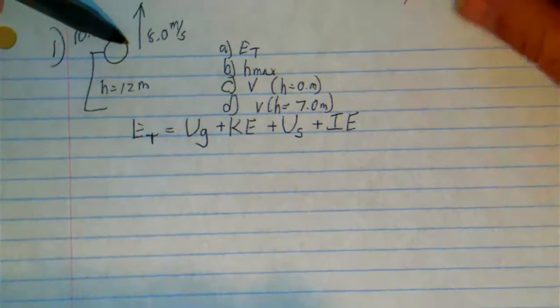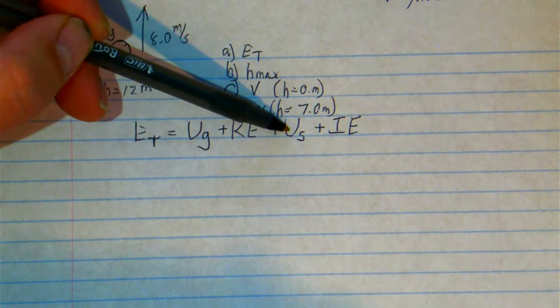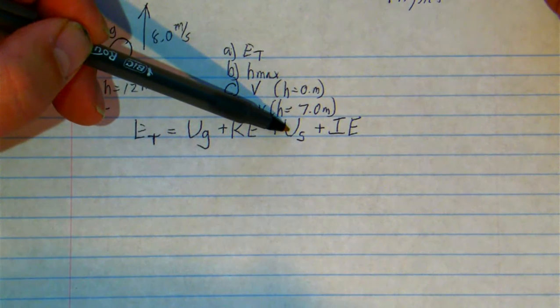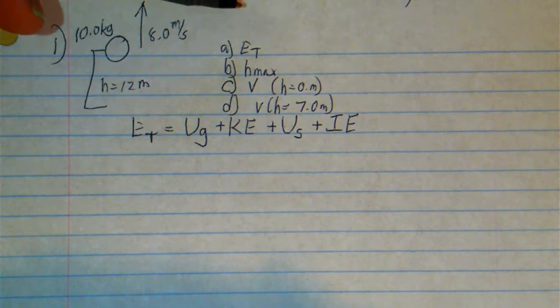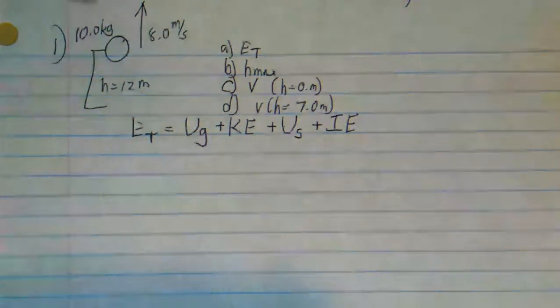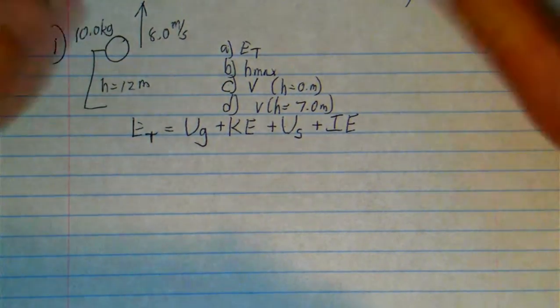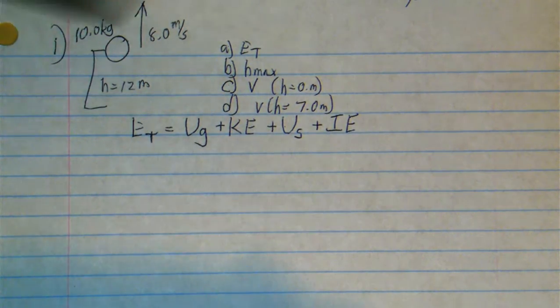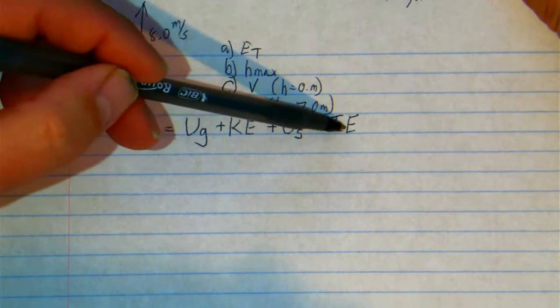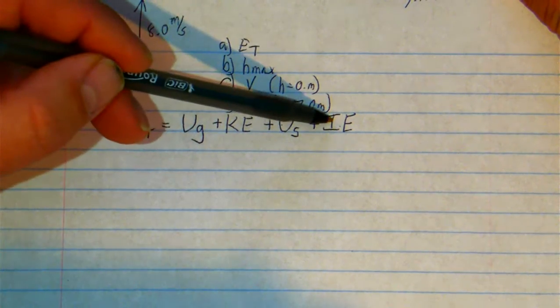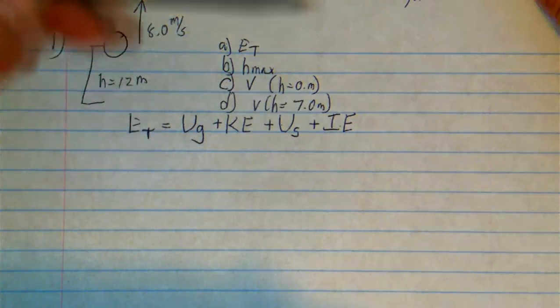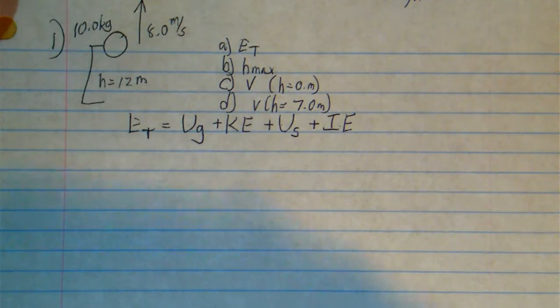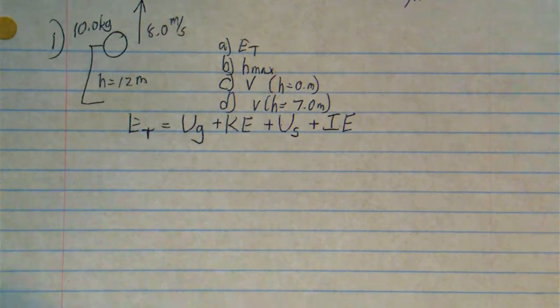In this particular problem, there is no spring, and we assume, so we've got 4 assumptions that we do here. 1, we assume it takes place on Earth. 2, we assume it's a flat Earth. We don't worry about the curvature of the planet if we're doing a projectile calculation. 3, we assume that there's no air resistance, and in this case, that means there won't be any friction, so there won't be any internal energy. And 4, we assume that the acceleration due to gravity is a constant over the height of the problem,